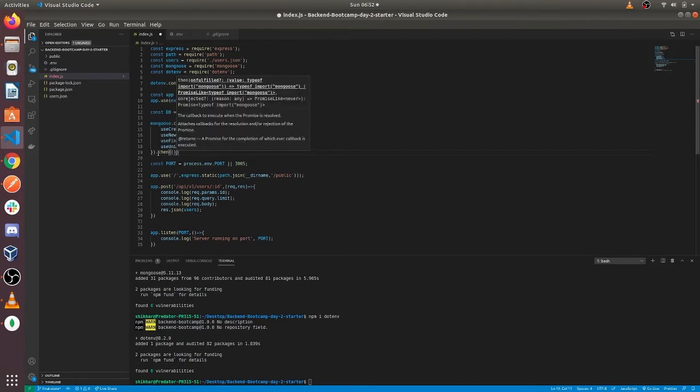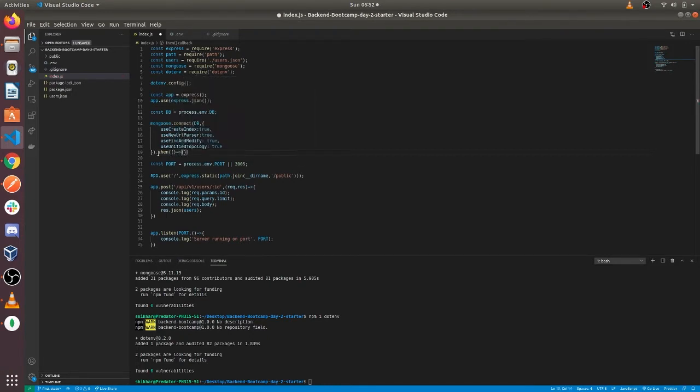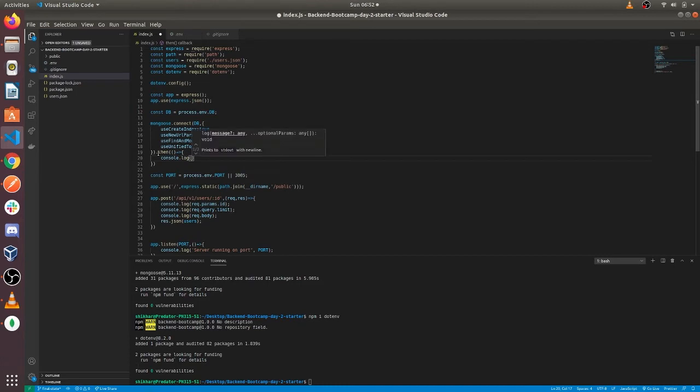This function resolves as a promise, so we'll pass in a callback, and if it's successful, we log "db connected".